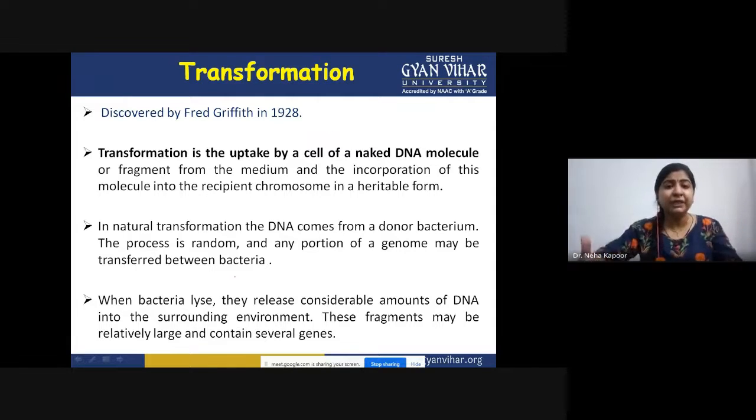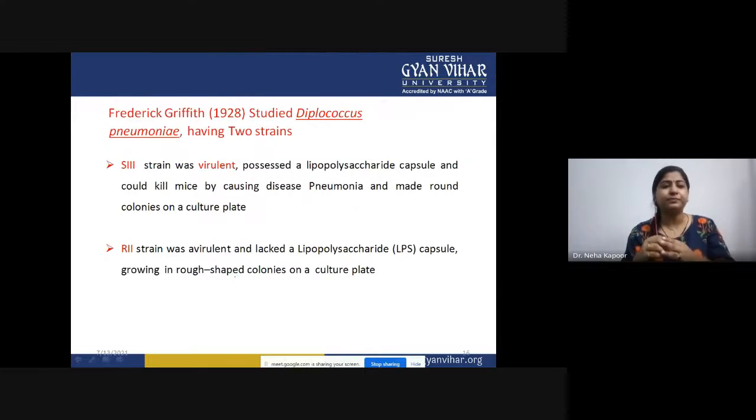From that environment, small DNA fragments can be taken up by the recipient bacteria, and this process is known as natural transformation. However, this process was completely reported by the scientist Frederick Griffith, who conducted the experiments